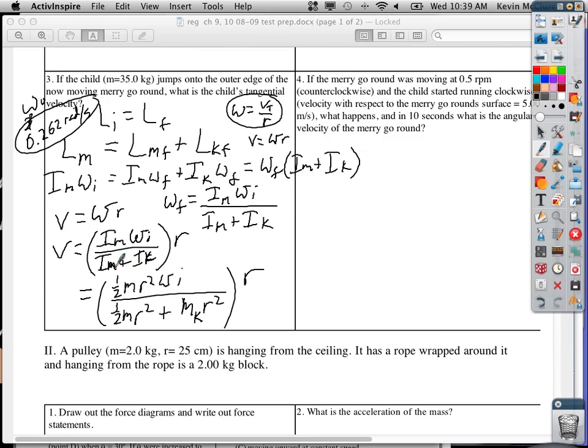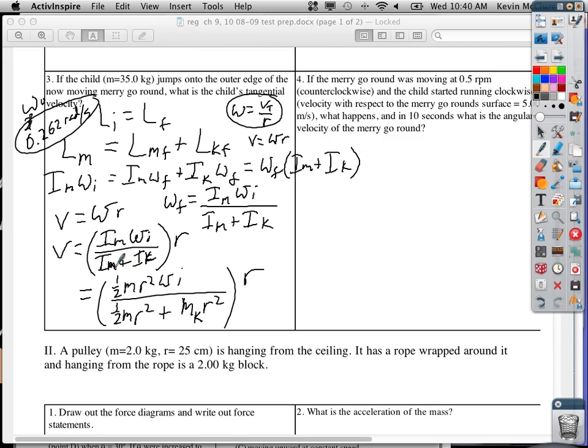Because all I would do is take this, multiply by R, and I get my answer. But because the kid jumped on after it was already going that speed, then we get all this jump. Yes? How come the I for the kid is MR squared? Yeah, okay, so does it make sense to you that a disk spinning like a merry-go-round,